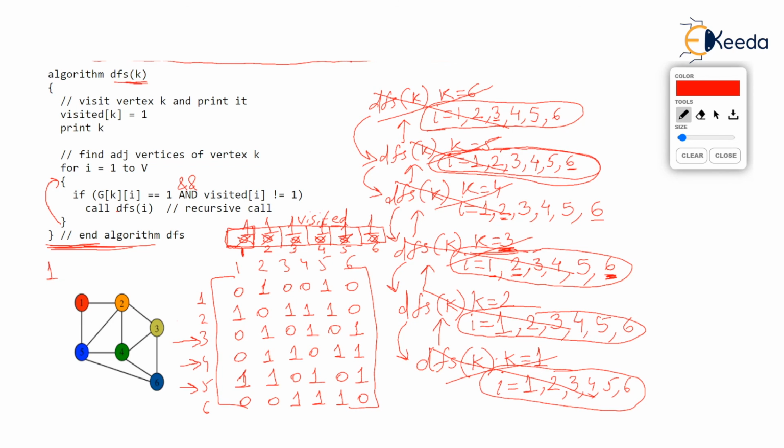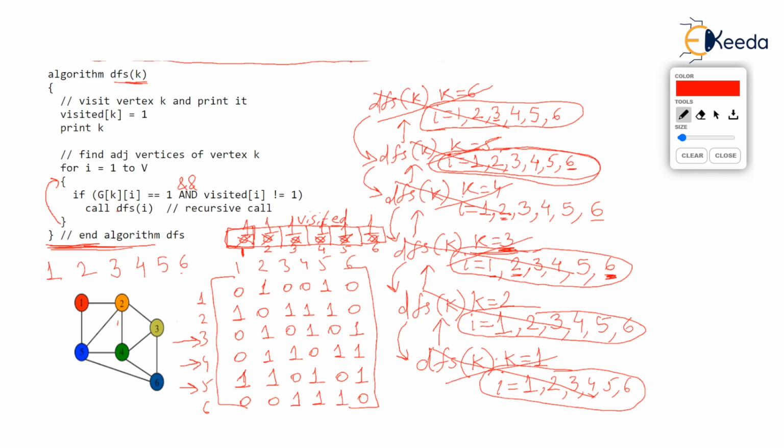From 1, we will go to 2. That's what we did exactly in this picture. From DFS(1), observe the cursor place, DFS(2) was called. And then you will say from 2, we will go to the least numbered vertex, which is 3. That's what exactly happened. DFS(2) called DFS(3). Check the stack, the last in, first out recursive process shown. Then from 3, you will go to 4 in your DFS procedure, from 4 to 5 and from 5 to 6.